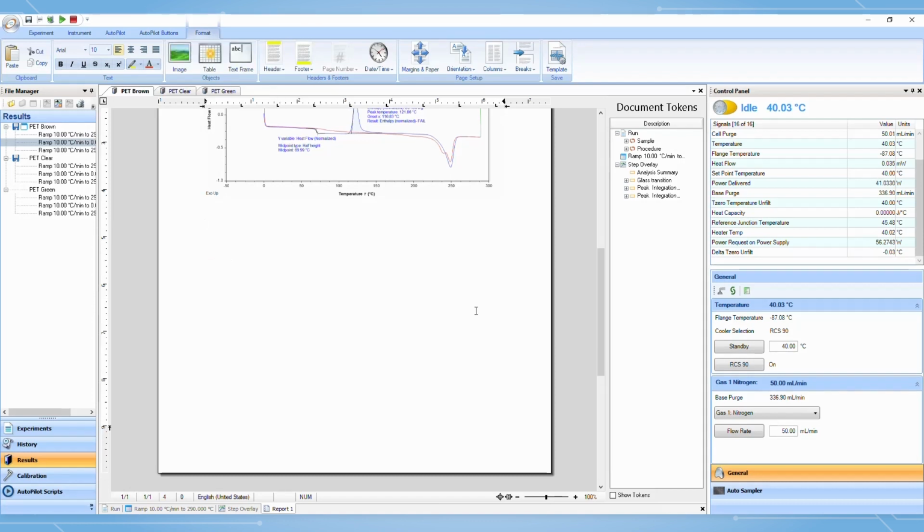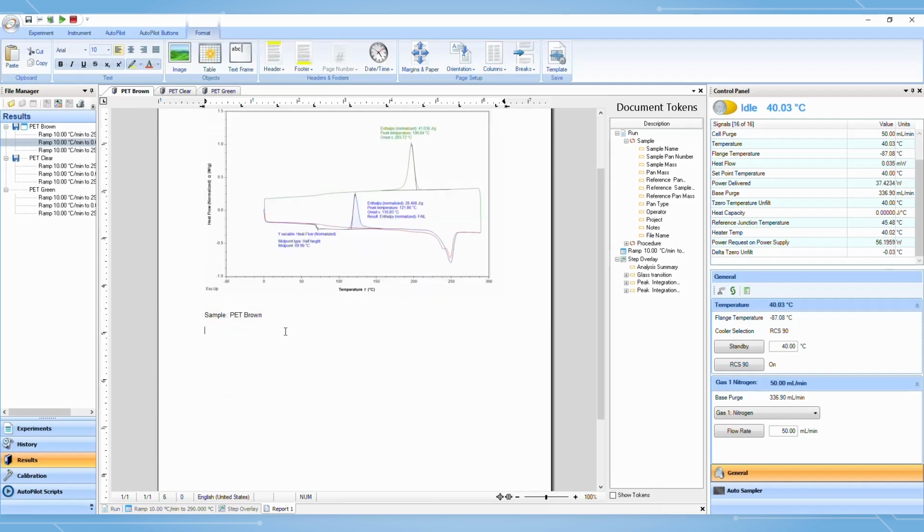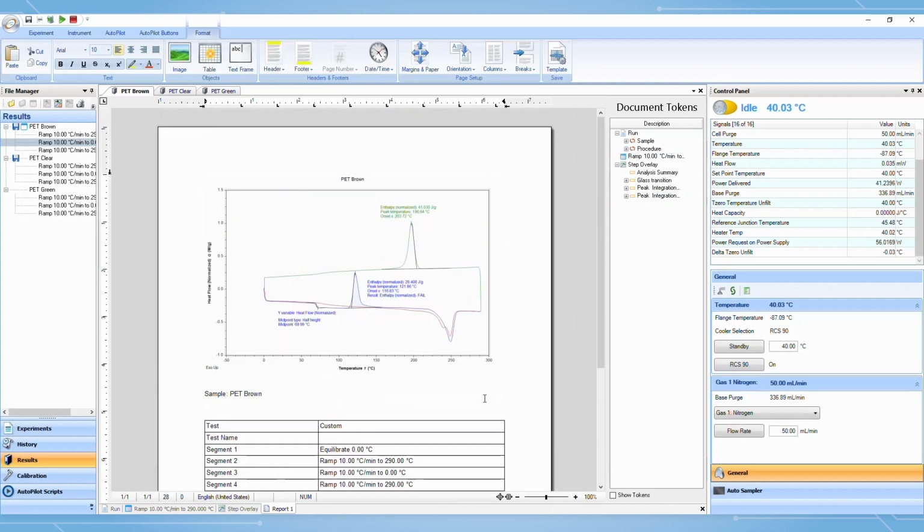In this case, we can write down sample and expand the sample and just put the sample name. So then let's add the procedure. Okay. Then we can save this as a template. Just simply go to template,